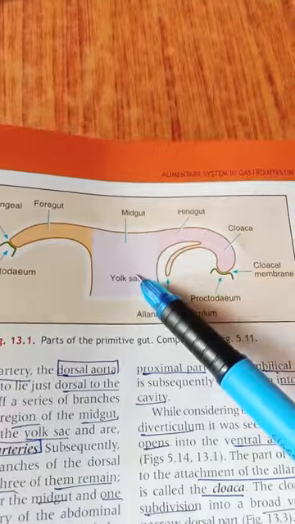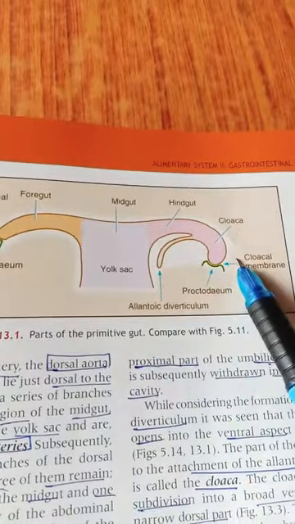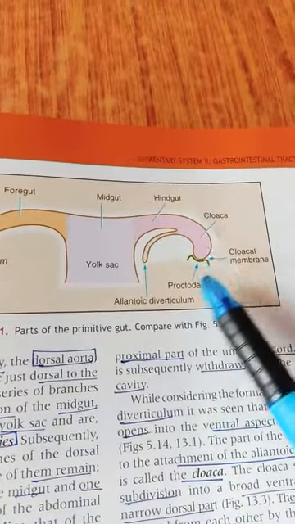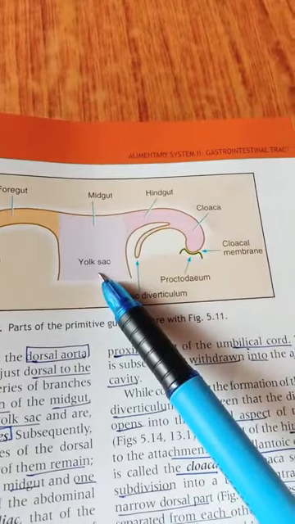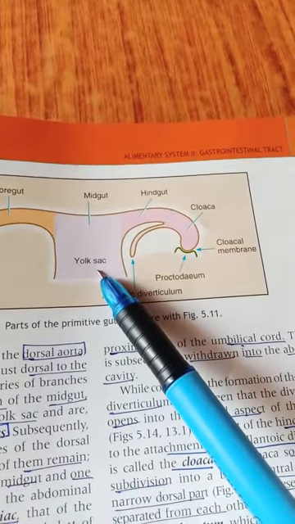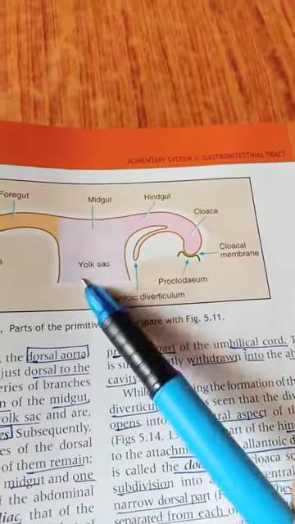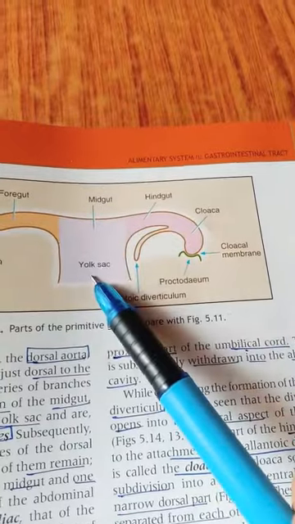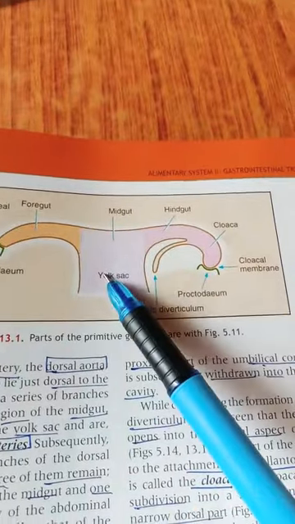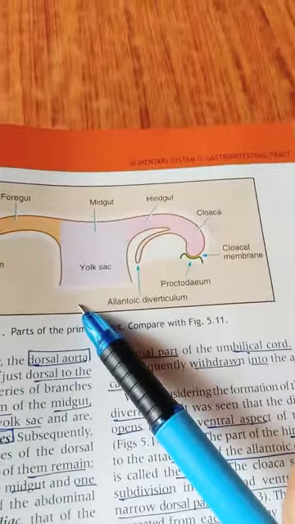And next, coming to head and tail folds, they are formed along with the enclosed yolk sac. Actually, this is the yolk sac, this is the head and this is the tail end. These folds are formed even when the yolk sac is still present, to form a primitive gut. The primitive gut has free communication with the yolk sac, mainly the midgut. Even the hindgut is closed off by the yolk sac, but the midgut is in direct communication.